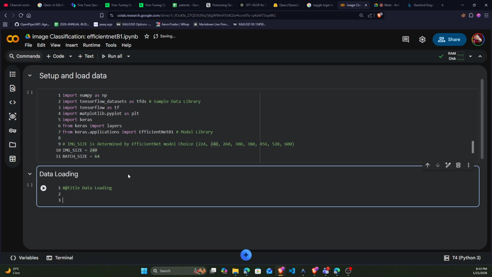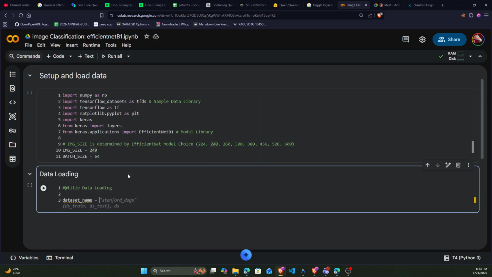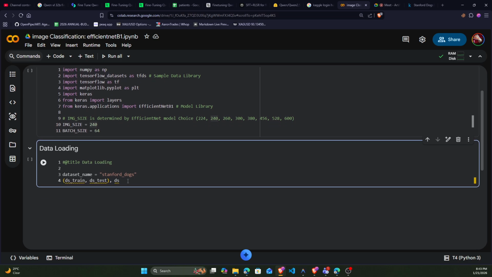Yeah, so for data loading, we will have our dataset underscore name being equal to Stanford dogs. And then we will have our train DS, comma, test DS. And then we've got our DS info. This is the information of the data, being equal to